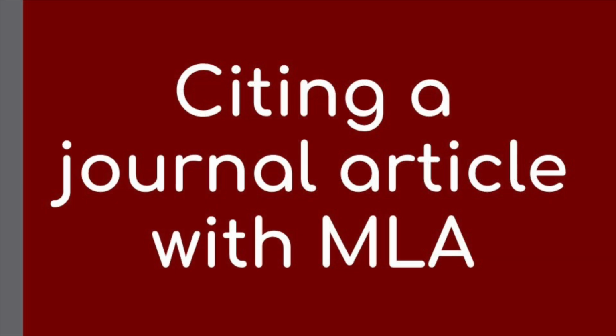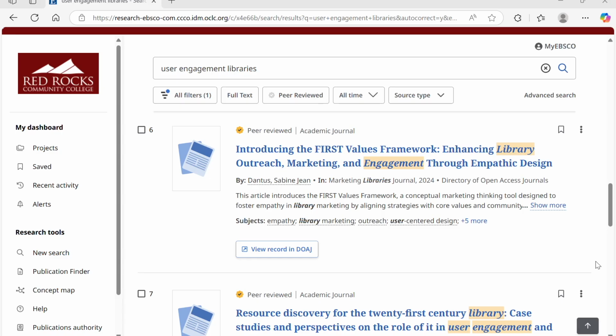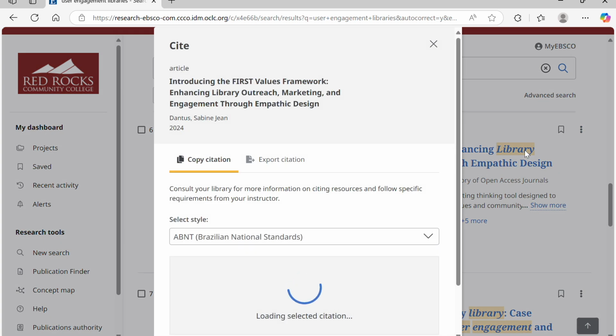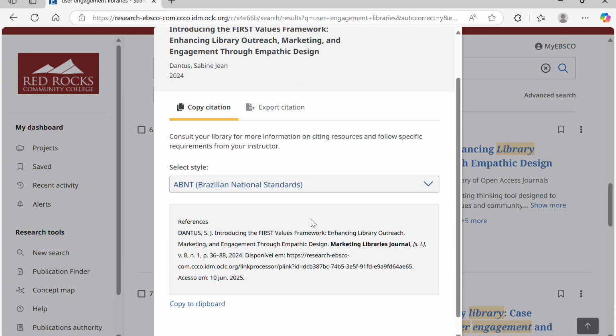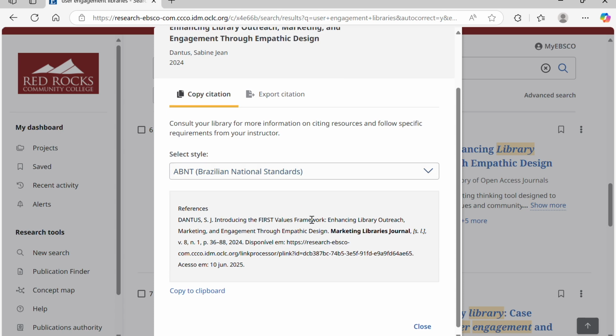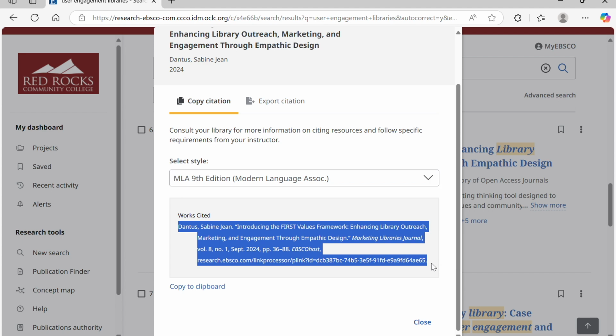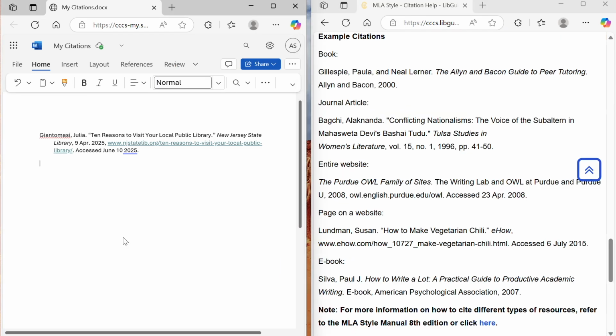Now let's look at how to cite a journal article in MLA format. If you're getting a journal article from a database, you can automatically get a citation by going under Tools and selecting the quotation marks. In most databases, by clicking on the quotation marks, you'll be able to get a citation automatically generated for you. Choose your format, copy that, paste it into your reference list, and go on over to